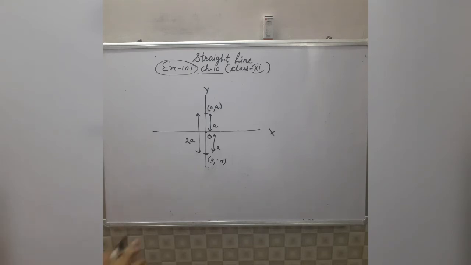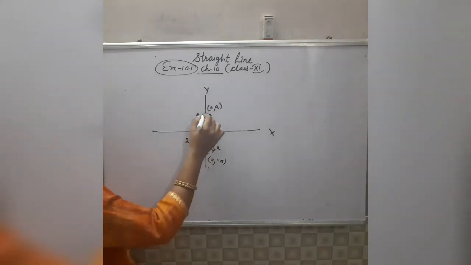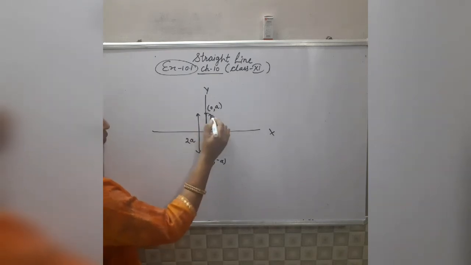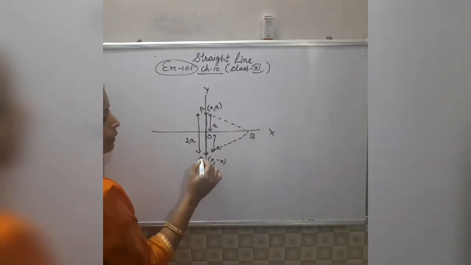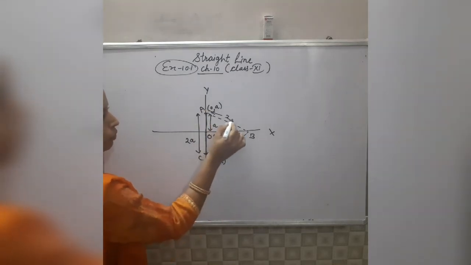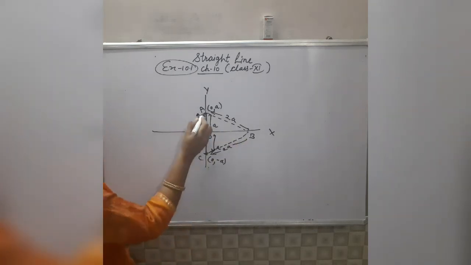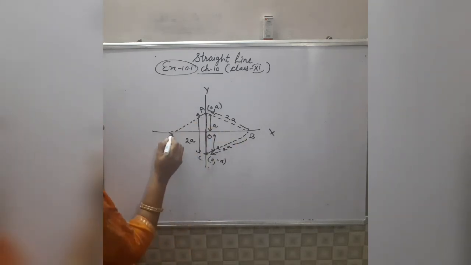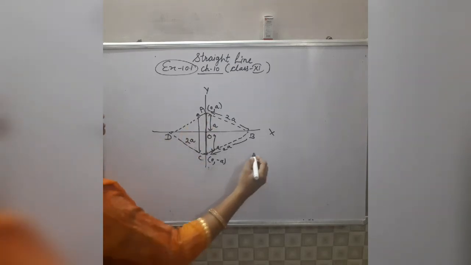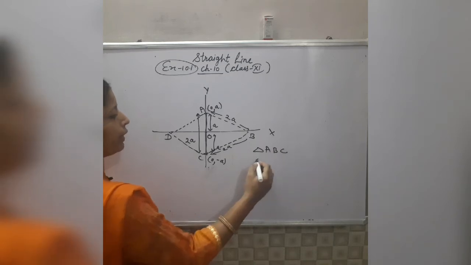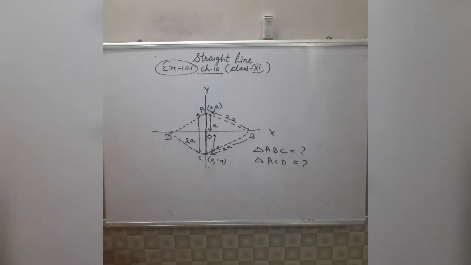Now if you want to complete this triangle by taking this side as base, you have to form an equilateral triangle. You can form it in both directions, in the positive direction of the x-axis. This is equilateral triangle ABC. This is equilateral, that's why the other two sides of the triangle will also be 2a. All the sides are equal. And you can form a triangle in this direction also, in the negative direction of the x-axis. This is ACD, means two types of triangles are there. One is ABC, another triangle is ACD. We have to find the coordinates in both cases.